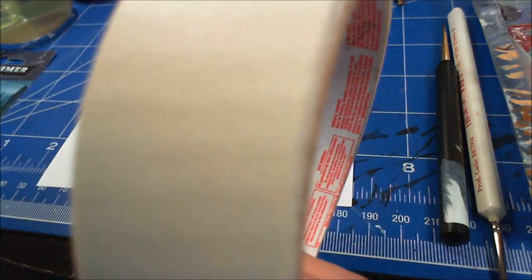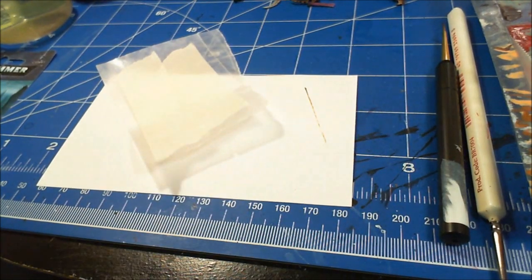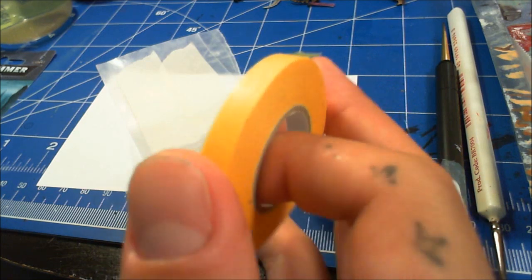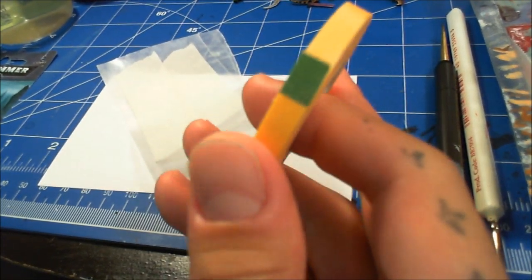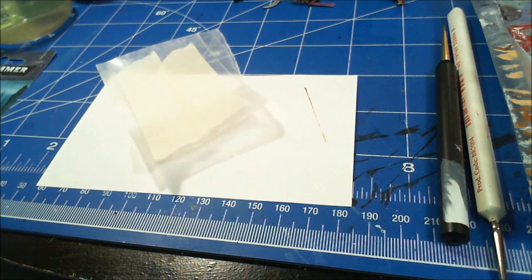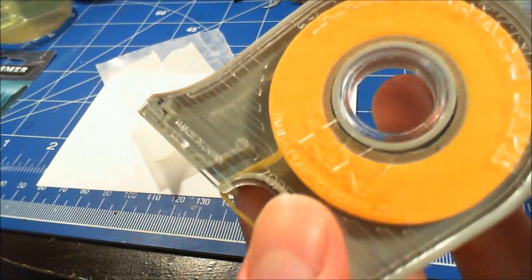Masking tape. Now this is the crap kind. Don't use this. I'm just using this to demonstrate. I didn't want to use up a bunch of my other stuff. I've got some actual model tape here. It's not Testers, Tamiya is what it is, and they've got a little tape dispenser thing here. It's called Tamiya,